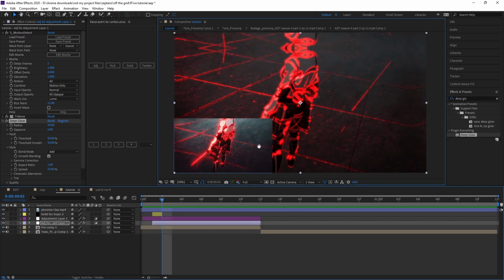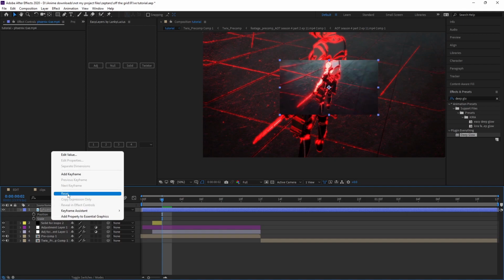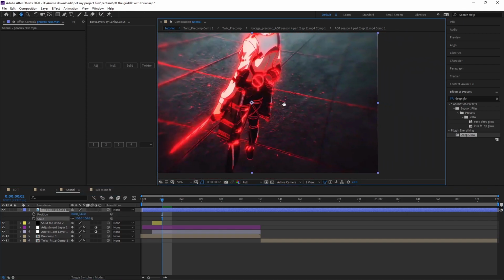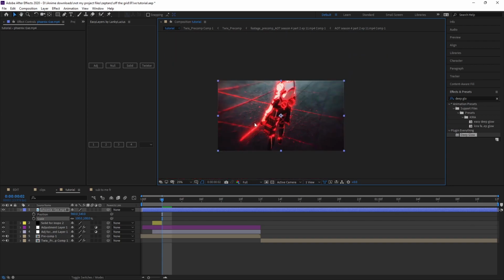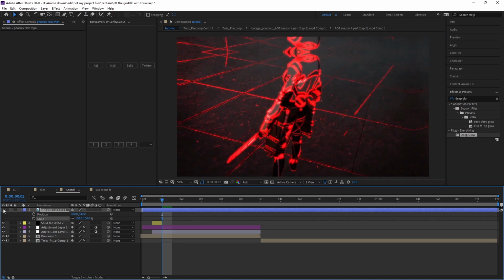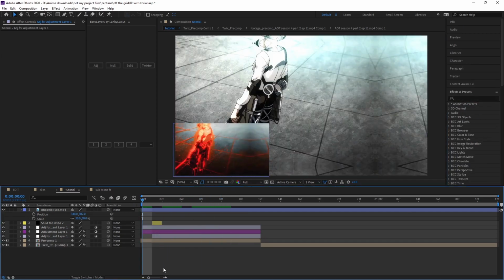So the next effect we're going to do is, actually, let me just full screen this real quick, this side effect. As you can see, it's very noticeable full screen, and it helps a lot. It makes the scene look a lot better. You can really tell the difference between these two. Now, there's multiple ways to do that blur on the outside, but the way I'm going to be using it